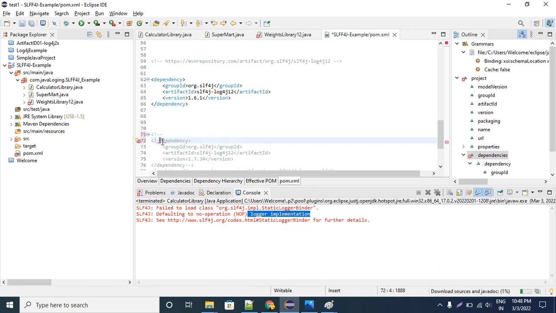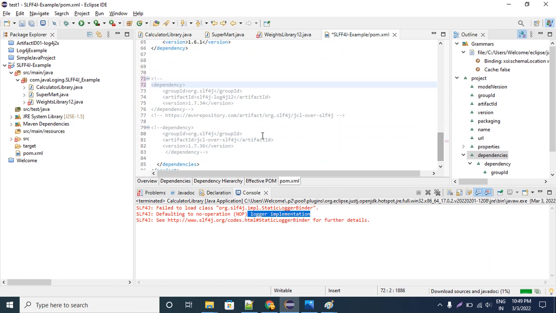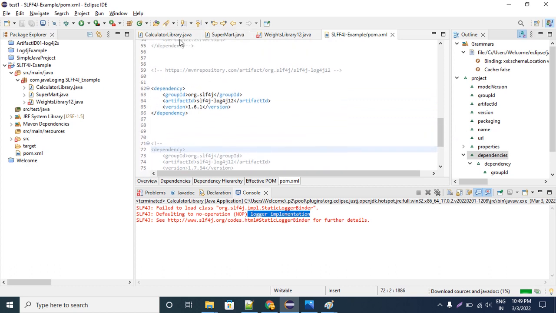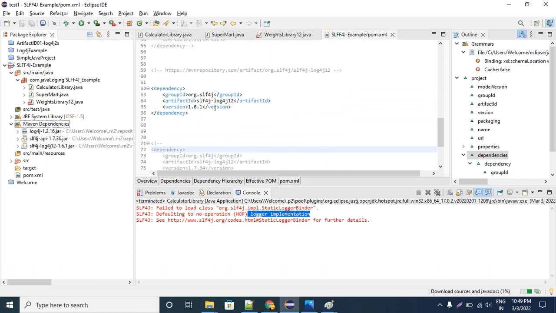Why is it showing an error? Fine. Yeah, when I add this dependency calculator, then if we observe the Maven dependencies,